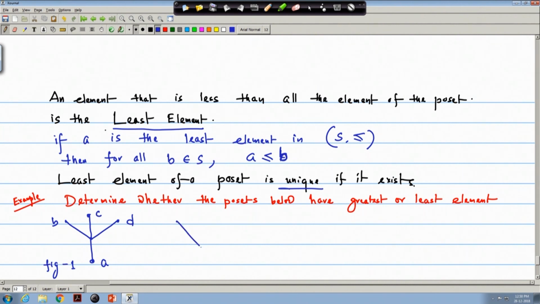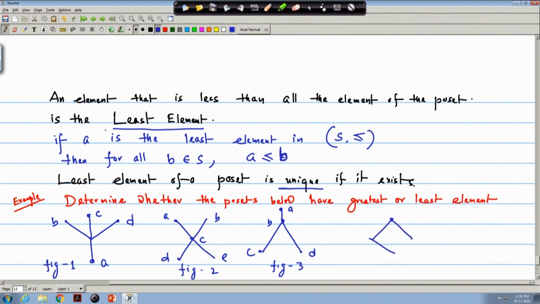Or I give, say, A, B, C, D, E. This is one Hasse diagram of a poset, figure 2. Or the reverse of figure 1, A, B, C, D, is figure 3. And I get this type of A, B, C, D, figure 4. Now, we see that